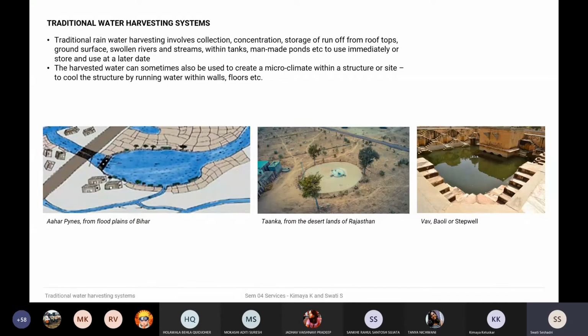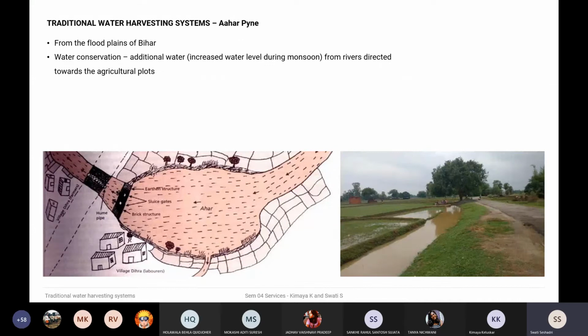So if we were to look at the ahars in Bihar now, just to understand what the context was and why they were built in a certain way. Bihar, because it's just off the Ganga, comes across a river which is usually overflowing during the monsoons, and this excess water can be tapped and used for various purposes. If that was not tapped into, it would just be wastewater that runs off, and you're not using it for anything, you just let that additional amount of water go.